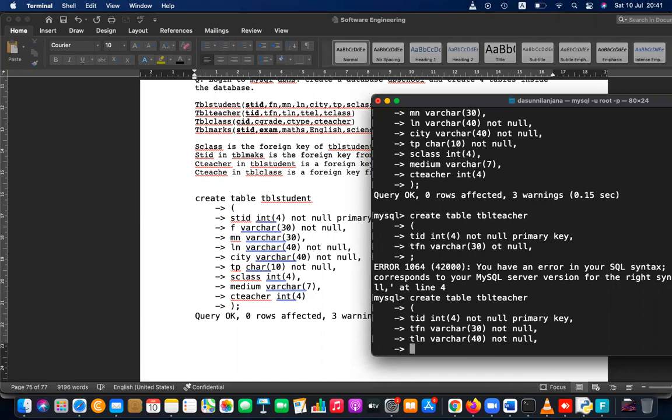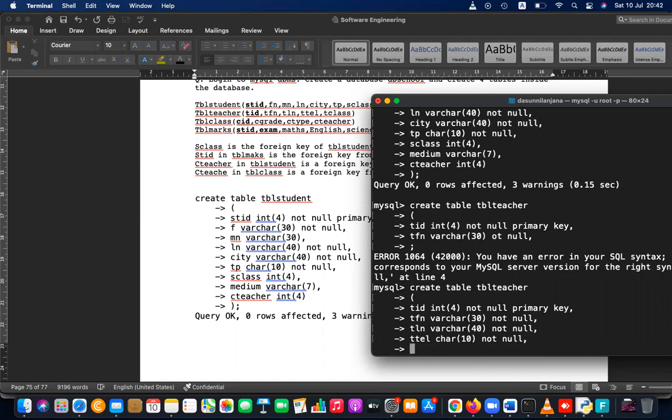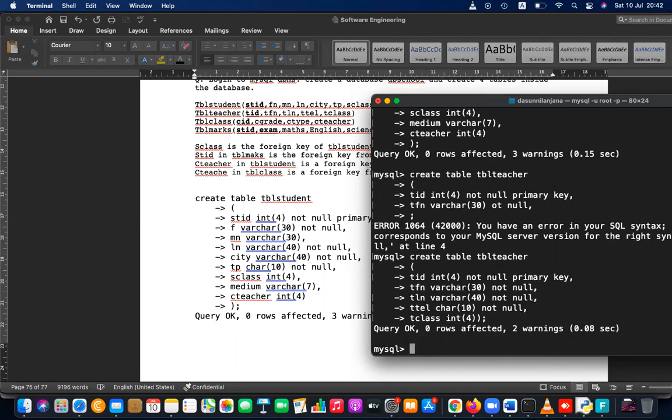Then teacher telephone number, character 10, not null. Then teacher class, that is the foreign key, so INT4. The teacher class is the class assigned to the teacher. Okay, the teacher table is also created.